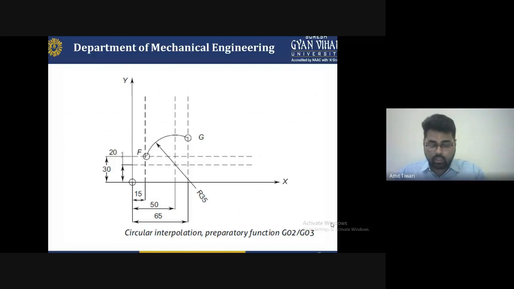So these are the reasons to be used for machining, and having an idea of how circular interpolation and the preparatory functions work. I hope you understand all these fundamental requirements: how to write a program and how to operate this type of function. It's a very simple function, and to join this type of curve, it is F2G, FG.